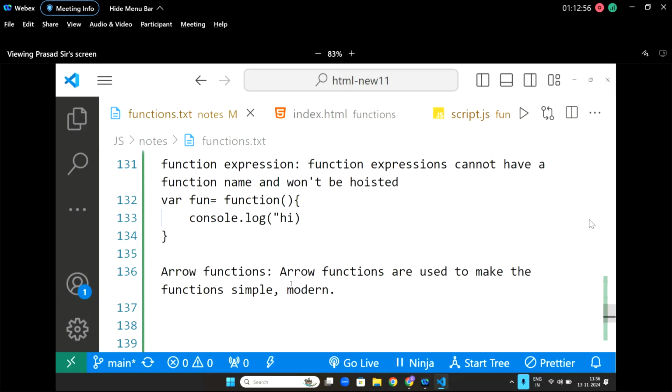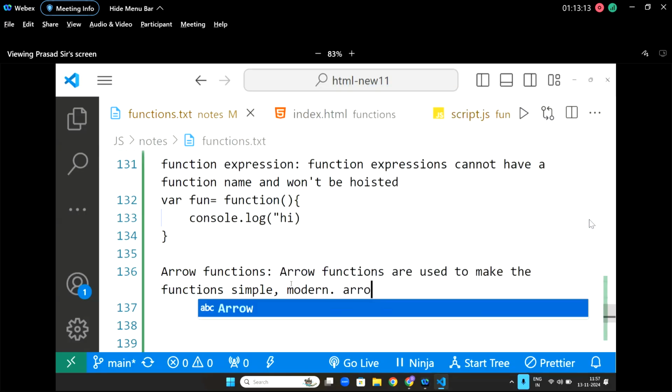But there is actually a difference between arrow functions and normal functions, sir. There are two differences. One difference we have already seen, but one we did not see, that we will see in future. The first difference is arrow functions